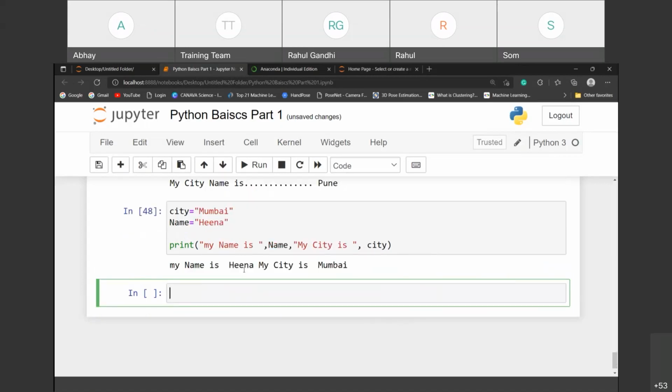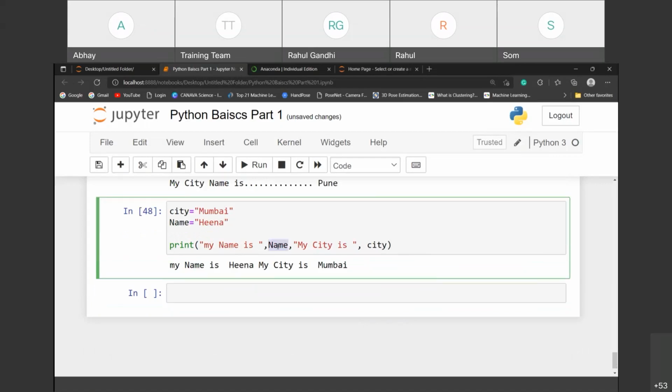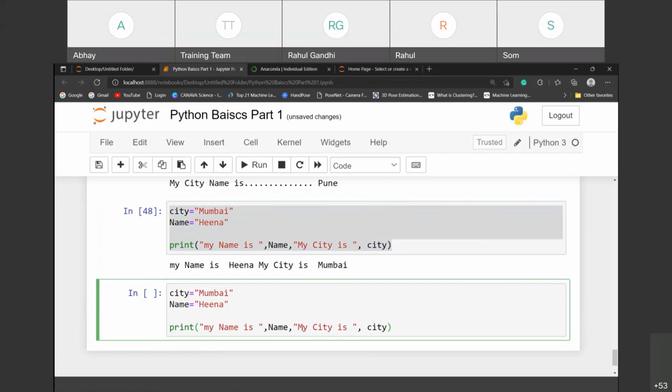See, my name is Hina because of this one, and my city is Mumbai, this one, because city is containing the Mumbai and name is containing the Hina value. So that is why we are getting the values like this. So don't get confused about how it's taking the values. You know, one thing I would like to tell you. See,